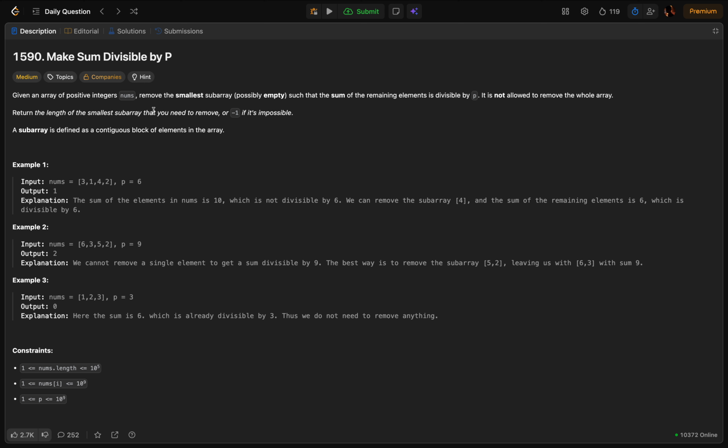So basically we have to first check the sum of this array, and if it is already divisible by p, then we don't have to remove anything. But if it is not, then we have to remove the smallest subarray from it so that it is divisible by the given number p. And we have to return the length of the smallest subarray that you need to remove, or minus 1. Minus 1 means if it is not possible. Okay,